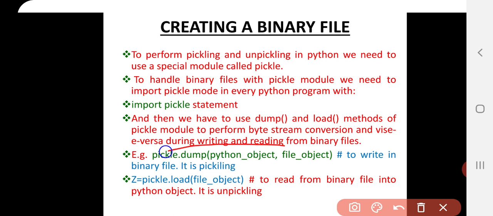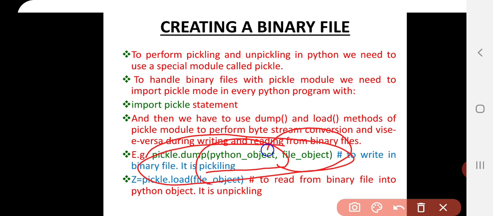You can see here pickle.dump, where I have given the Python object name. This Python object is the object which you want to write into the binary file, and file object is the name of the file object used to handle the file along with which you have opened your file. Suppose I say m is equal to open india.dat. So this m is a file object.